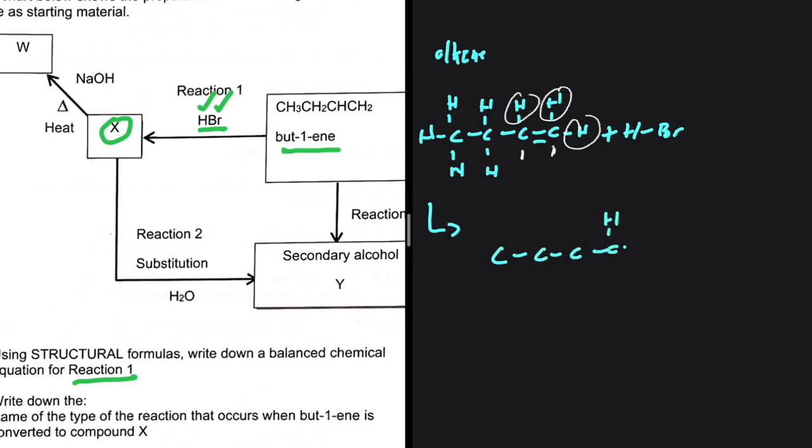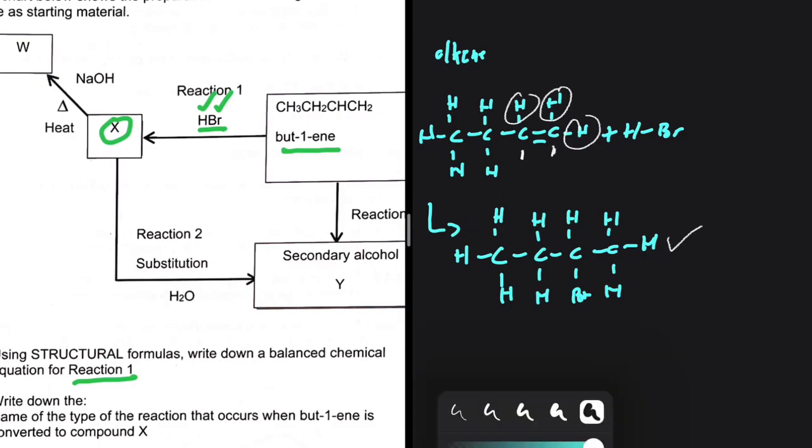So let's go ahead and have our product now. We're saying that our hydrogen is going to go to the first carbon as it has the highest number of hydrogens compared to the other carbon that it can possibly occupy. So from this reaction, this is our major product. Our minor product is when the halogen is on the first carbon. That is